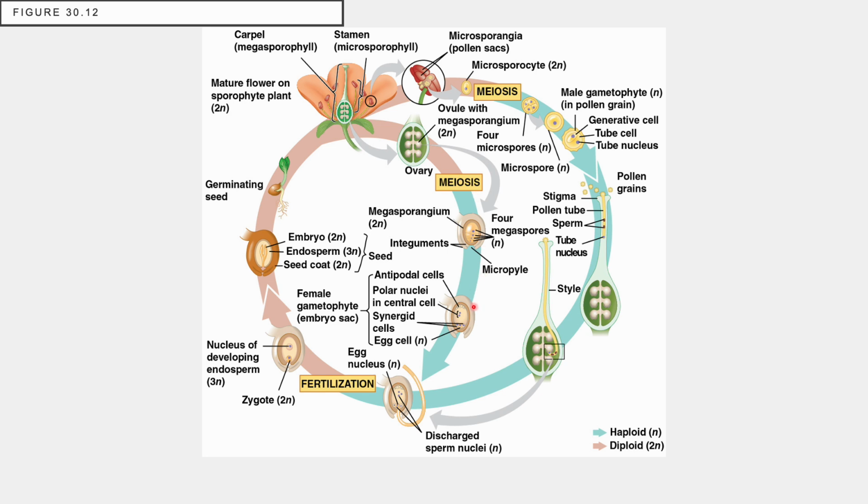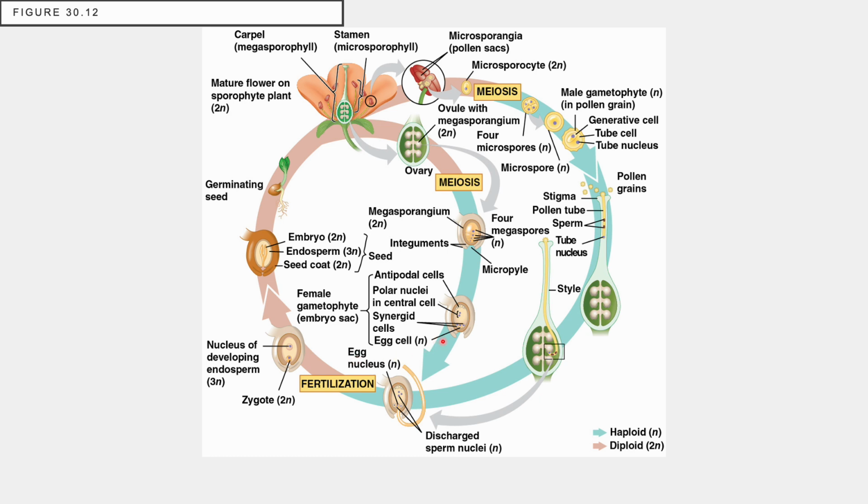And this is where the process gets a little different. We have some polar nuclei that reside and remain around. So double fertilization is a male sperm meeting 2 of the female remnants of meiosis, the 2 polar nuclei. They fuse together to eventually become the 3N endosperm. And that's going to provide a fuel source for the developing embryo, which is the result of the other round of fertilization where